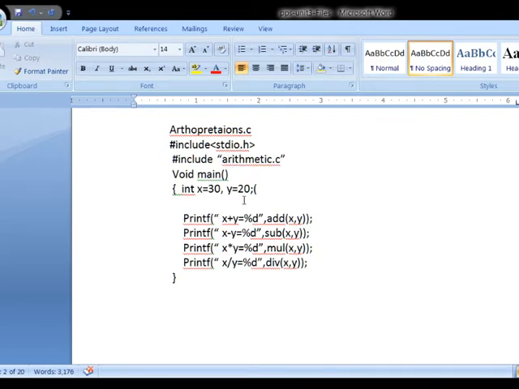Now I have to use the predefined functions scanf and printf available in stdio.h, as well as the functions in my user defined header file arithmetic.c. I am going to include these two files in my current program arithmetic operations.c using include statements. So whenever I use include statements, these two files are available to my current program.